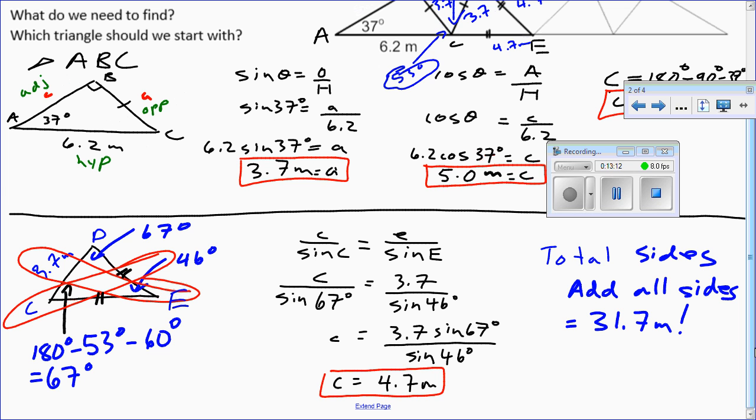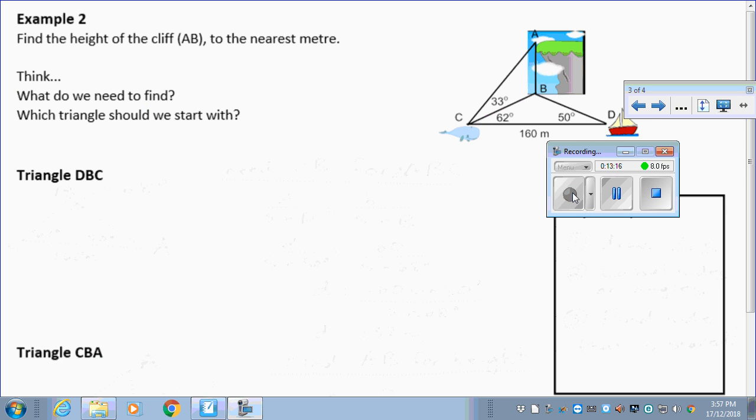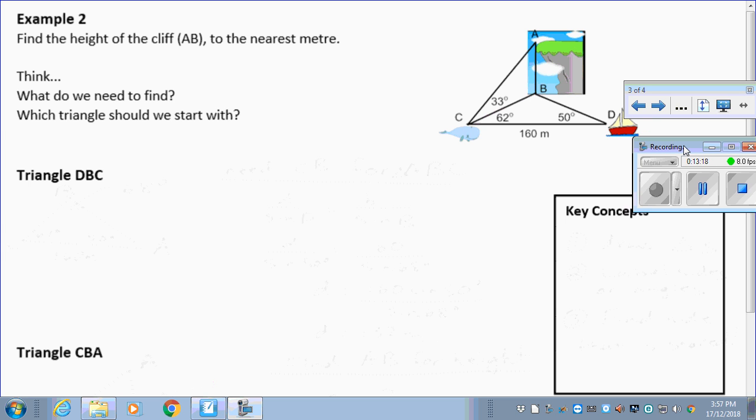So now, let's move on to our next topic of the day. When you look at this problem, it says find the height of the cliff to the nearest meter. Now, the reason why it looks like two triangles situated beside each other is because we're trying to create a three-dimensional shape. So imagine that